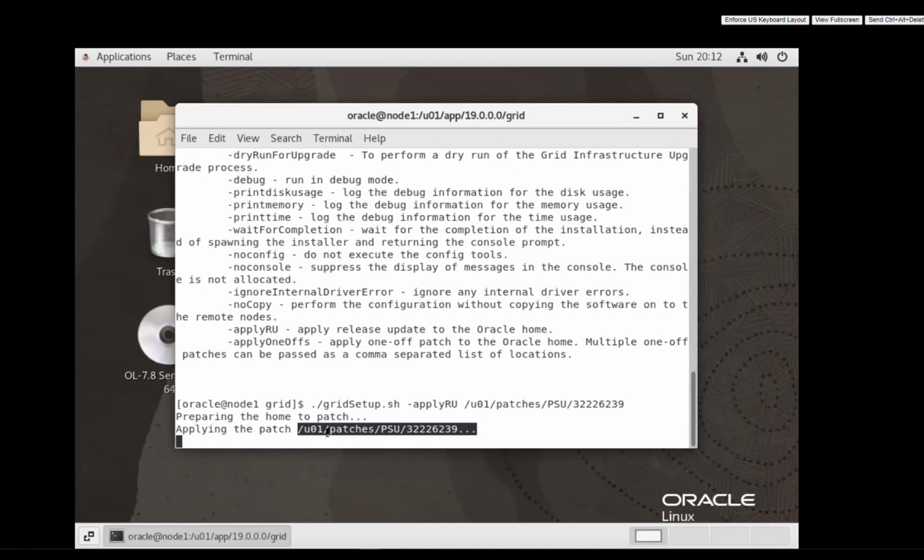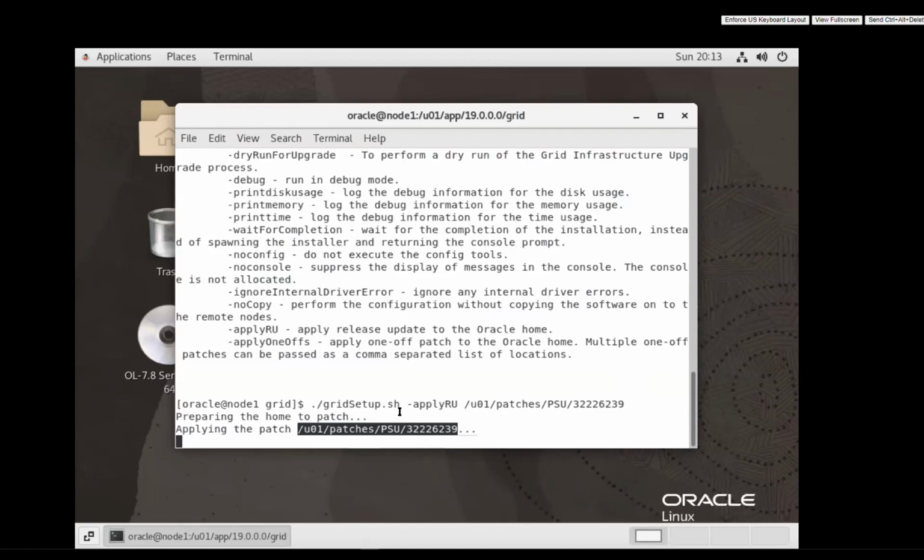To avoid the downtime, as part of the pre-check, 2 or 3 days before the maintenance or the actual upgrade window, I will run this particular command for any customer I'm dealing with. It'll apply the patch, and OPatch is already installed. You have downloaded and installed the latest OPatch, and it'll apply the patch on node one, and it'll launch your GUI screen. When it launches the GUI screen, I'll just close it. The patching takes hardly around 10 or 20 minutes, so that downtime I can avoid during the window.